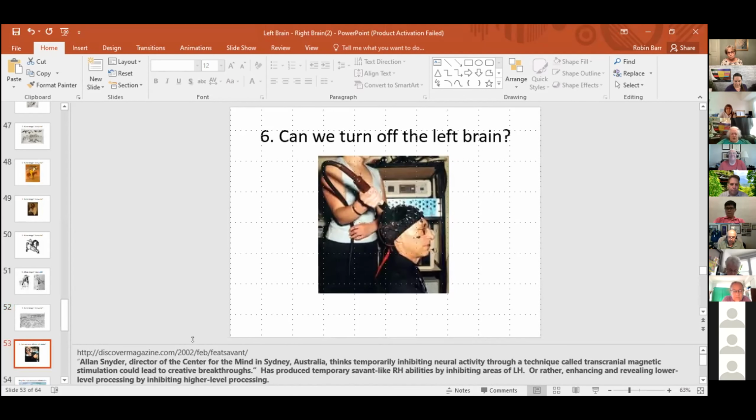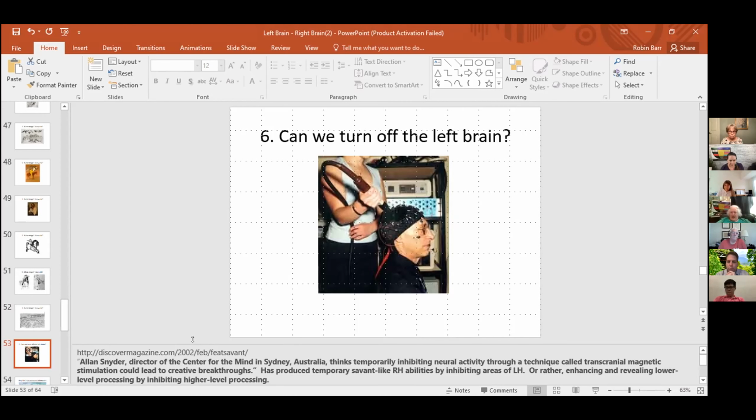Okay, so Alan Snyder has been using transcranial magnetic stimulation. You take this magnet and you stick it on whatever part of the brain you want to inhibit, I guess, and you run a magnetic current through it. It disrupts all the neurons,